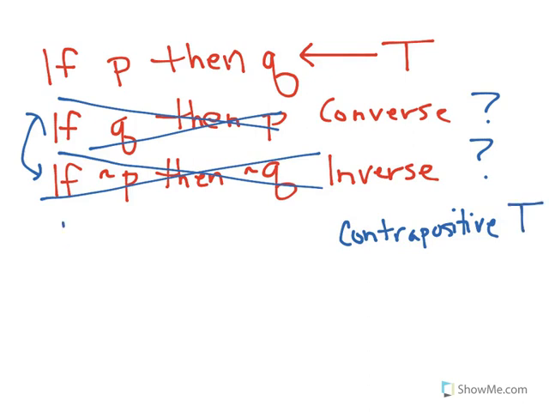And for this one, it would be if not Q, then not P. You switch the arguments and you negate them. So for Matt, our statement from before, if it rains, then Matt puts up his umbrella,